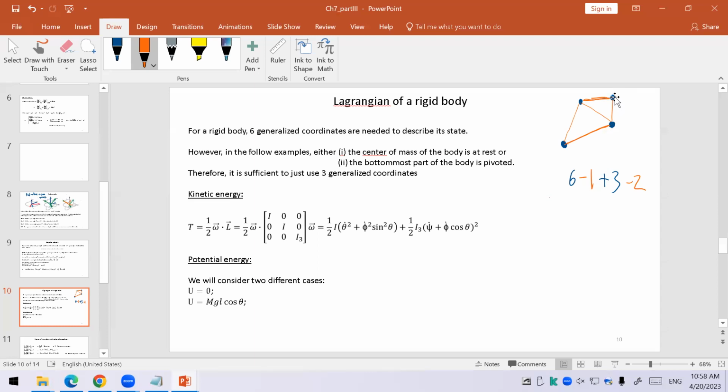So you don't need this one actually. So whenever you add a new particle, you add 3 more generalized coordinates, but at the same time, you add 2 more constraints. So that is